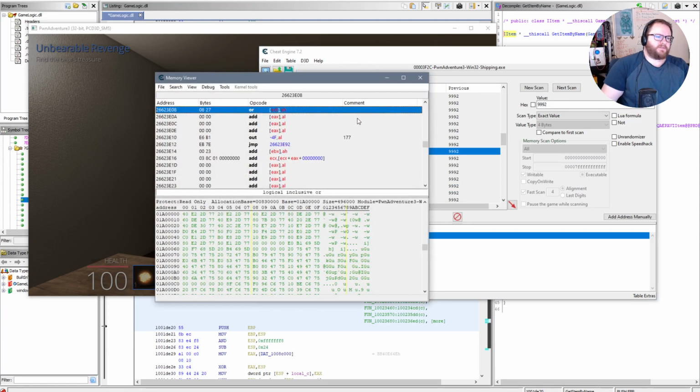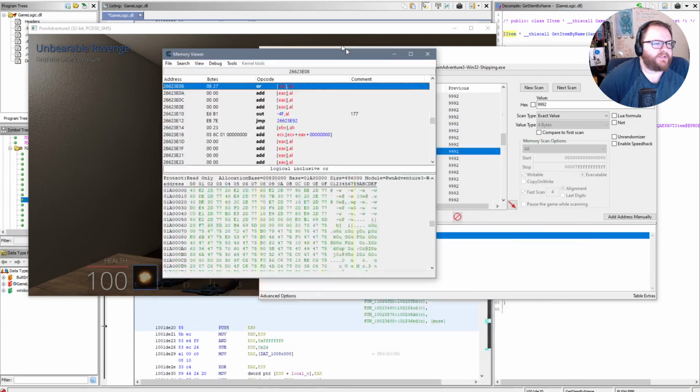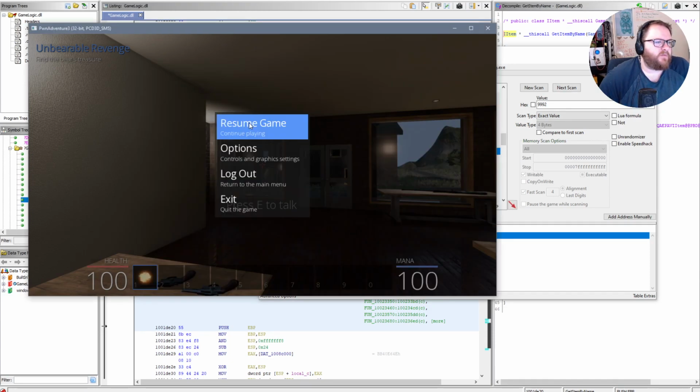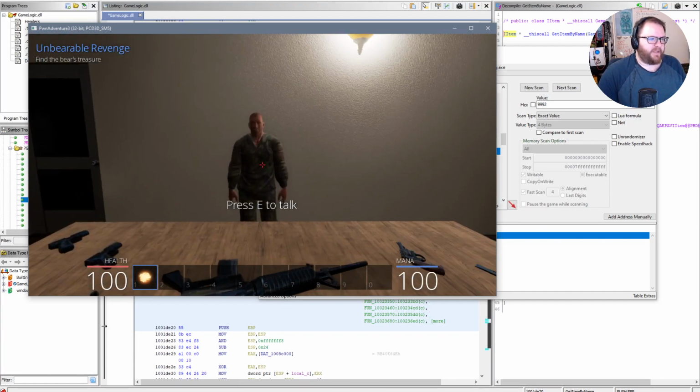I just disassembled this memory region because I'm using the memory viewer here. I'm going to step through and I want to see where it's deriving, because this here contains the variable for the number of Pwn coins that it thinks that we have. And that means that if I were to go back here